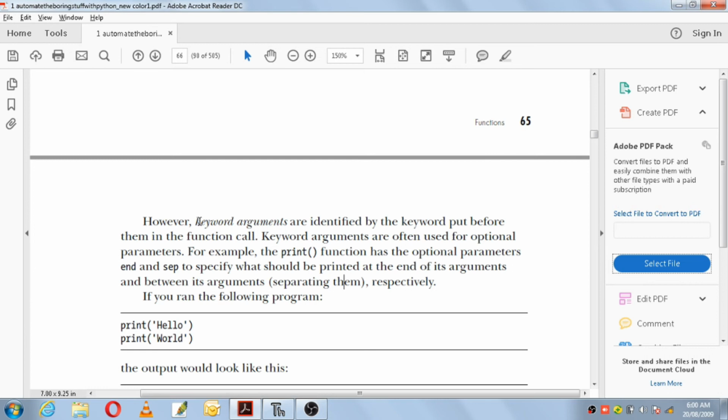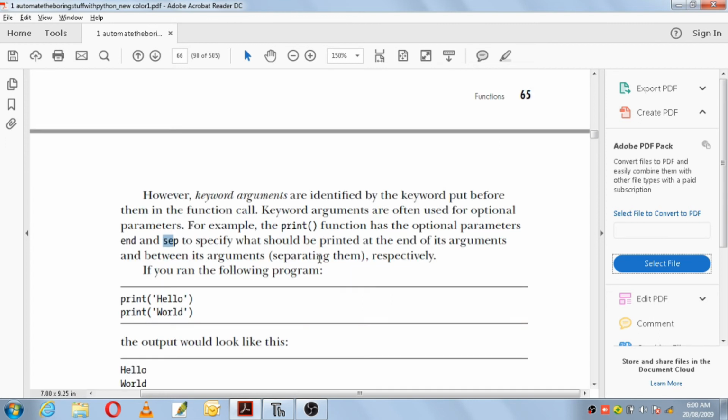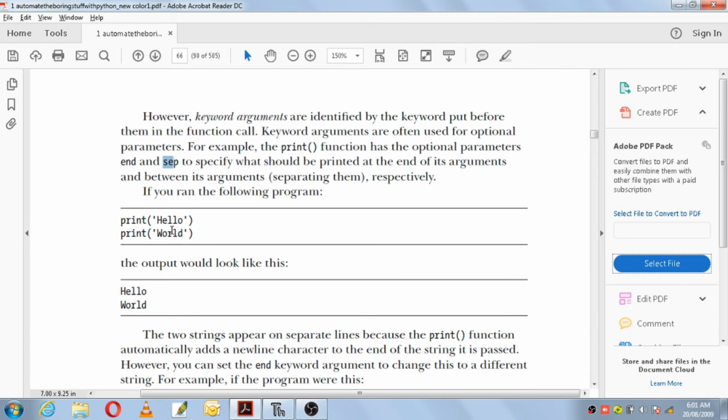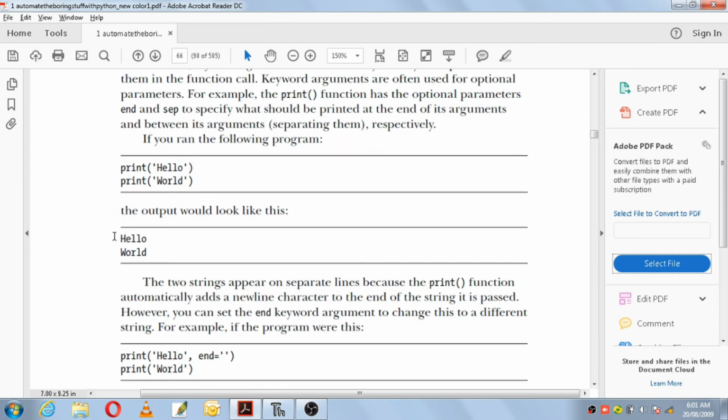For example, here you have two print statements, print hello, print world. The output will show hello and world on two separate lines, because print statements immediately give a new line on their own. So all the print statements will be executed on different lines.